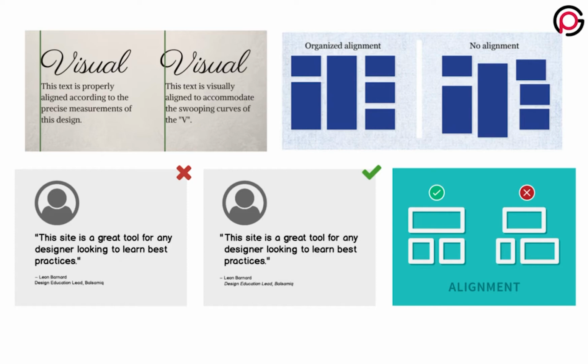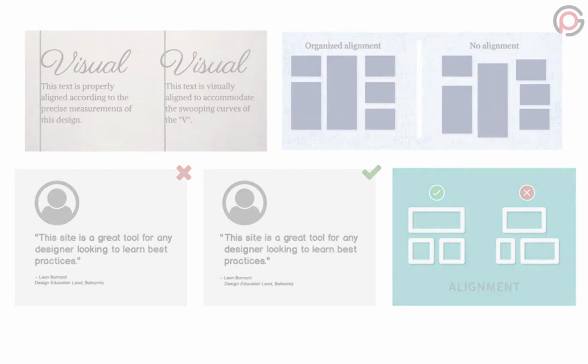Now you can see the rectangles in the right picture. One is organized alignment and the other one is not organized. You can see that it is also justifiable, the alignment from top to bottom and right to left.